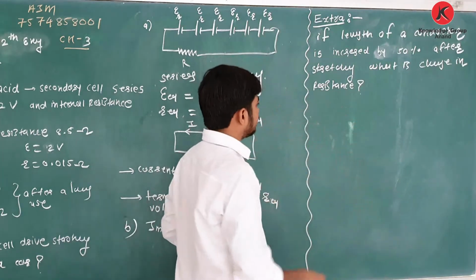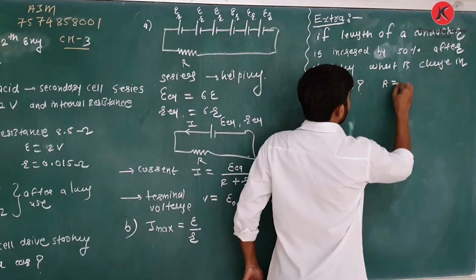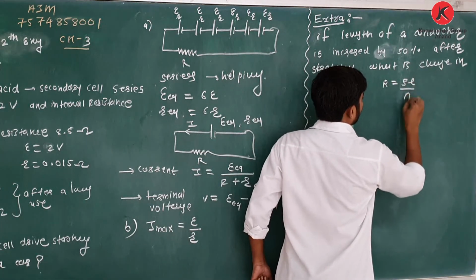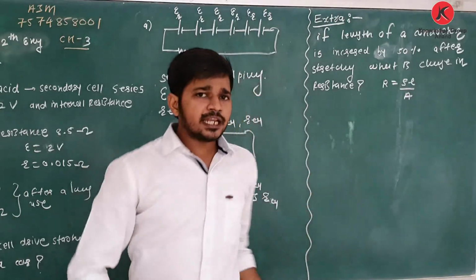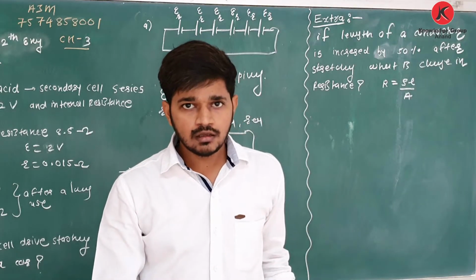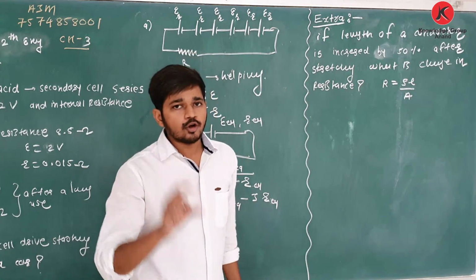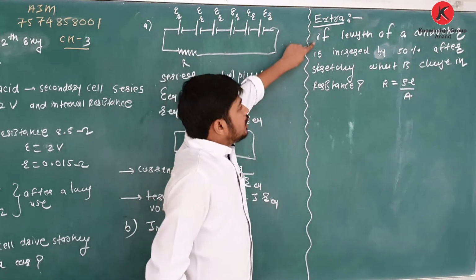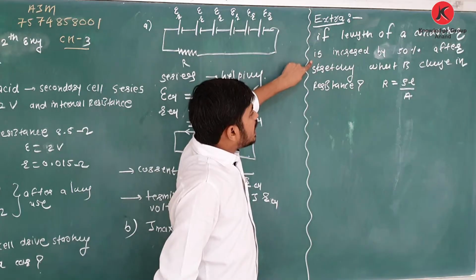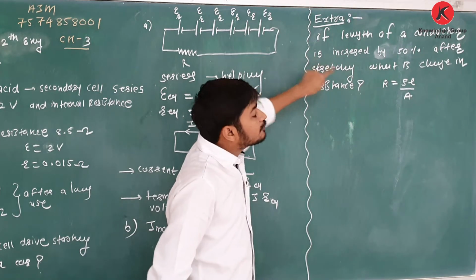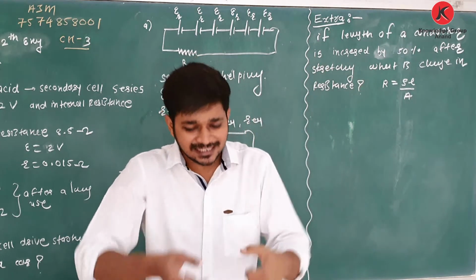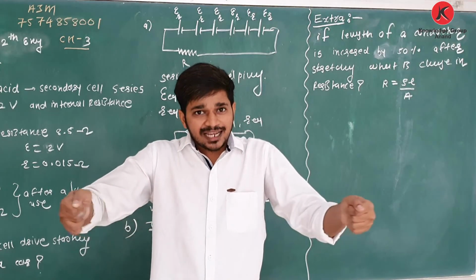Yes, you know relation between them. You will say, sir, it is simple. R is equal to rho L upon A. Then simple, R is directly proportional to L. Wrong. Why wrong? Here, if length of conductor is increased by 50% after stretching, yes students, if you stretch wire,